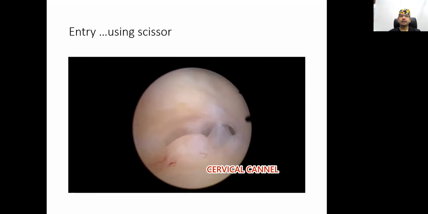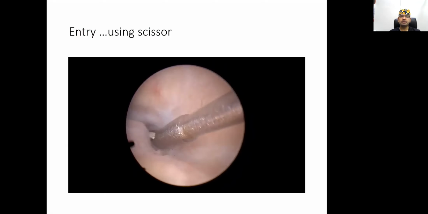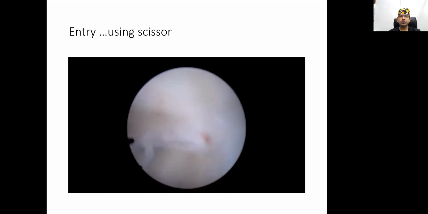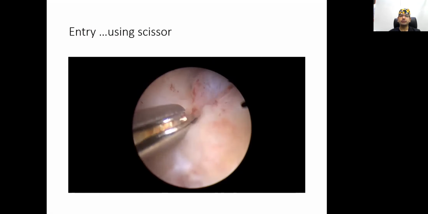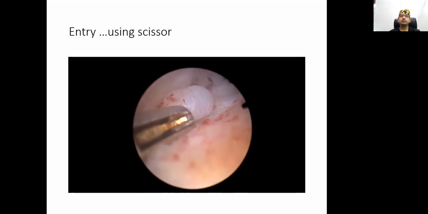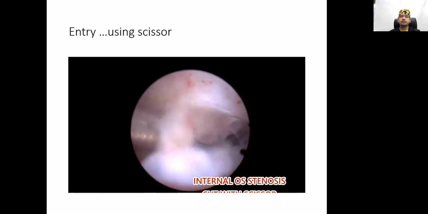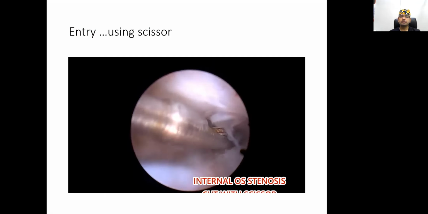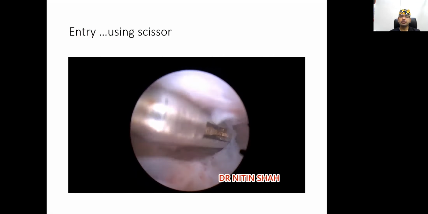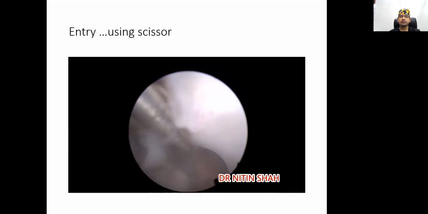Once we enter into the cervical canal, you can see a small polyp and then the internal os is visualized. With the help of the scissor, make a small cut, and the open scissor is rotated so that you can make a passage. So no need of dilatation or a blind procedure. You can walk inside the uterine cavity with the help of the office hysteroscope and scissors. So these techniques become everything under vision, and hence there is less chance of complication.